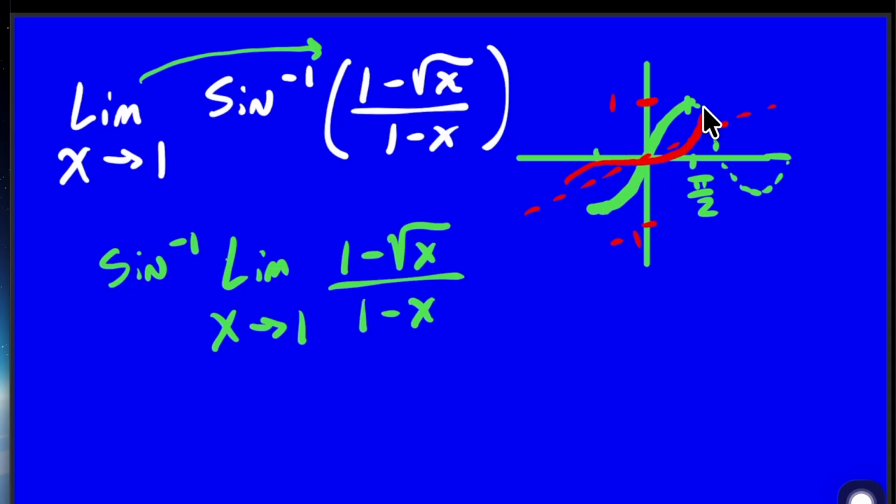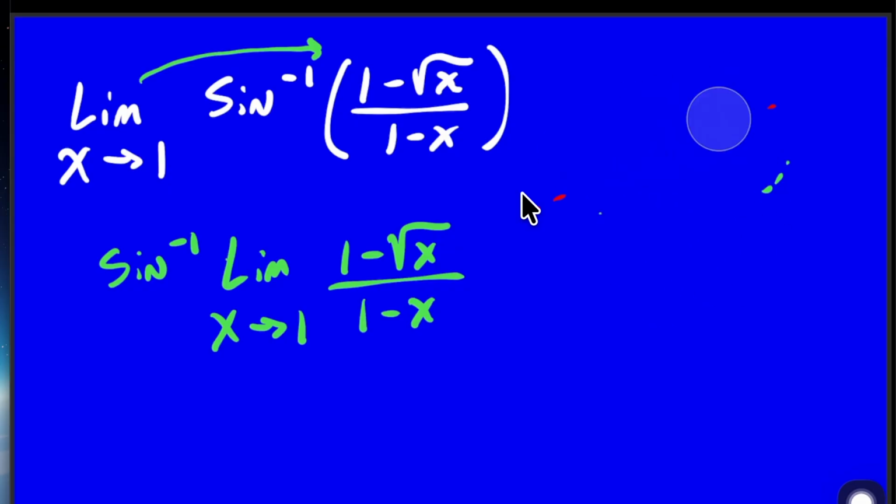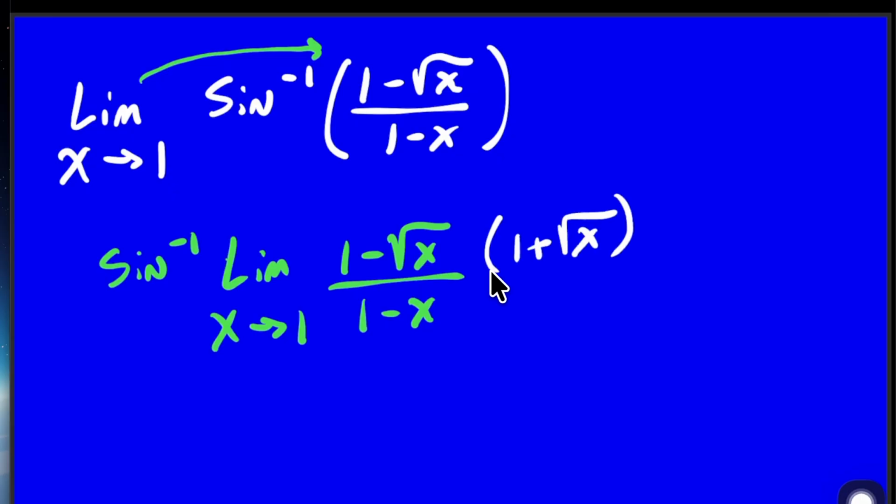So it is continuous in this region as x approaches 1. Okay, now that we've done that, we have to figure out what to do here. You're tempted to use the conjugate, and we could do that. We can multiply top and bottom by 1 over square root of x. But there's a neater, more elegant way to do this, and that's to recognize that